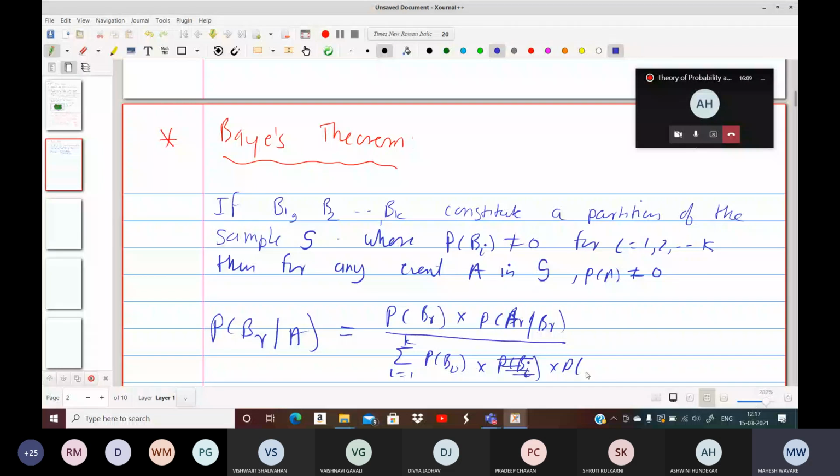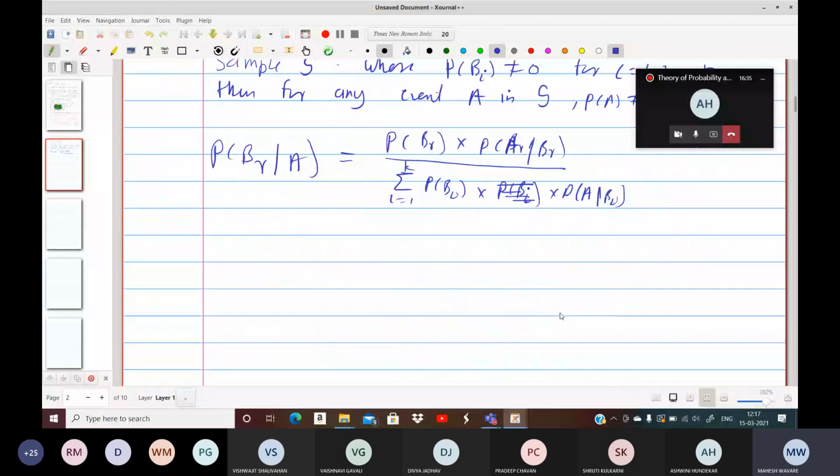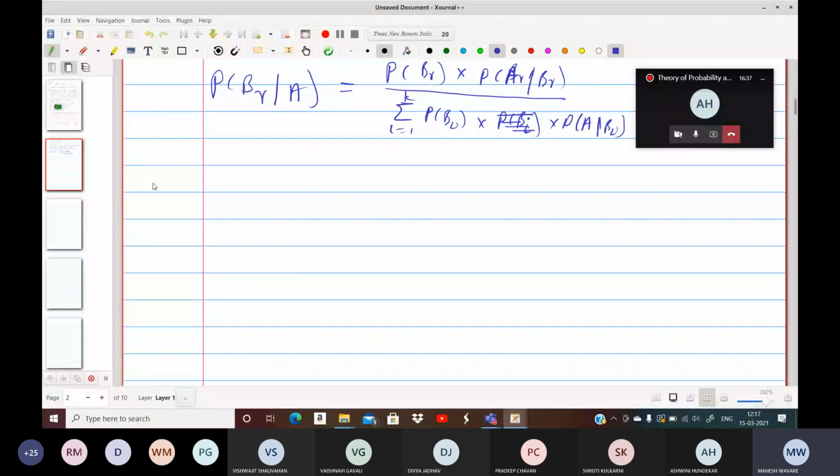We have to find the probability of whichever events B1, B2, up to Bk form a partition of the sample space S. We need to find the probability of B1 given A. We want to find the probability of B2 given A. We want to find the probability of Bk given A. So this is the formula, and we can prove it very easily by the conditional probability and the rule of elimination. By conditional probability, since both the probability of Br and the probability of A are non-zero, we want to find the probability of Br conditional on A. By the definition, it is the probability of Br intersection A divided by the probability of A.